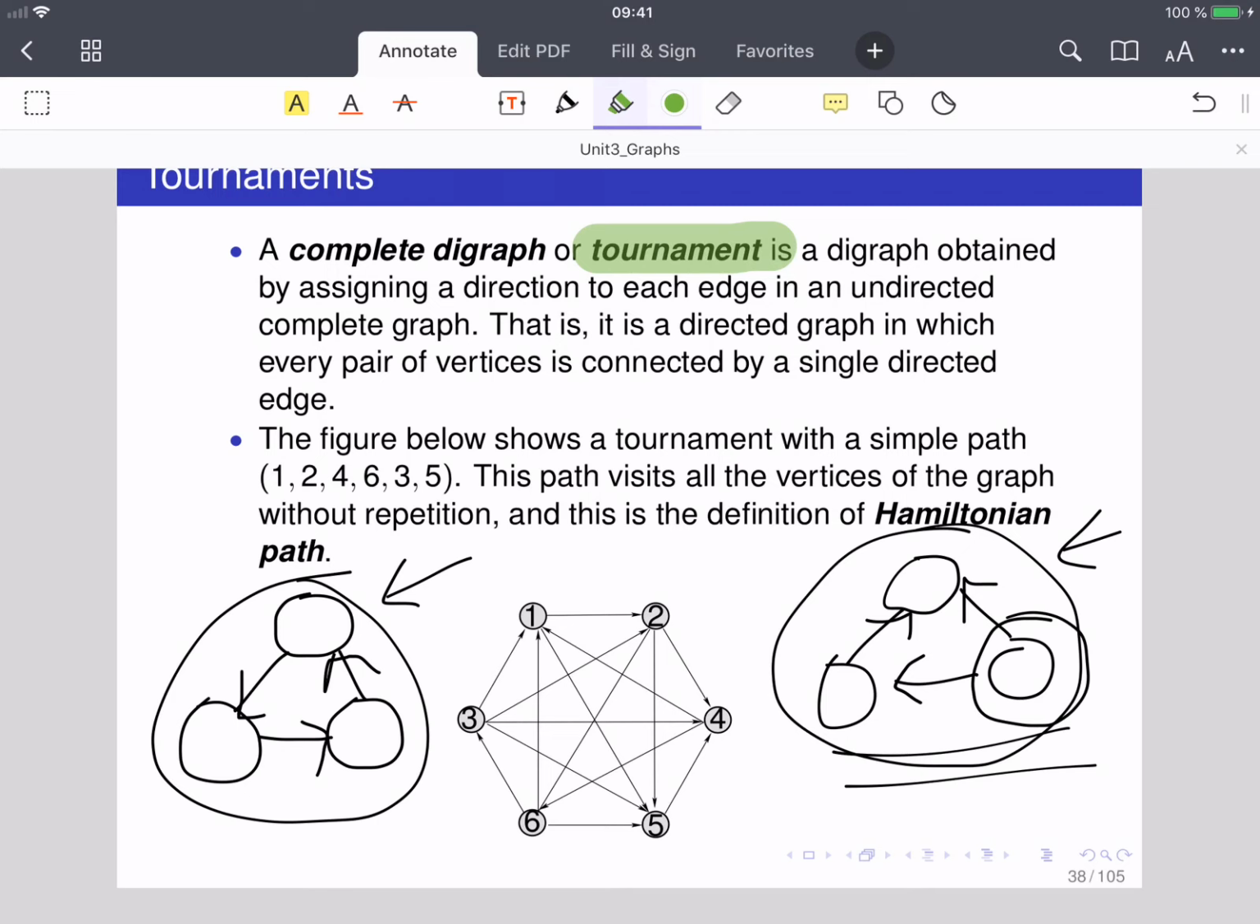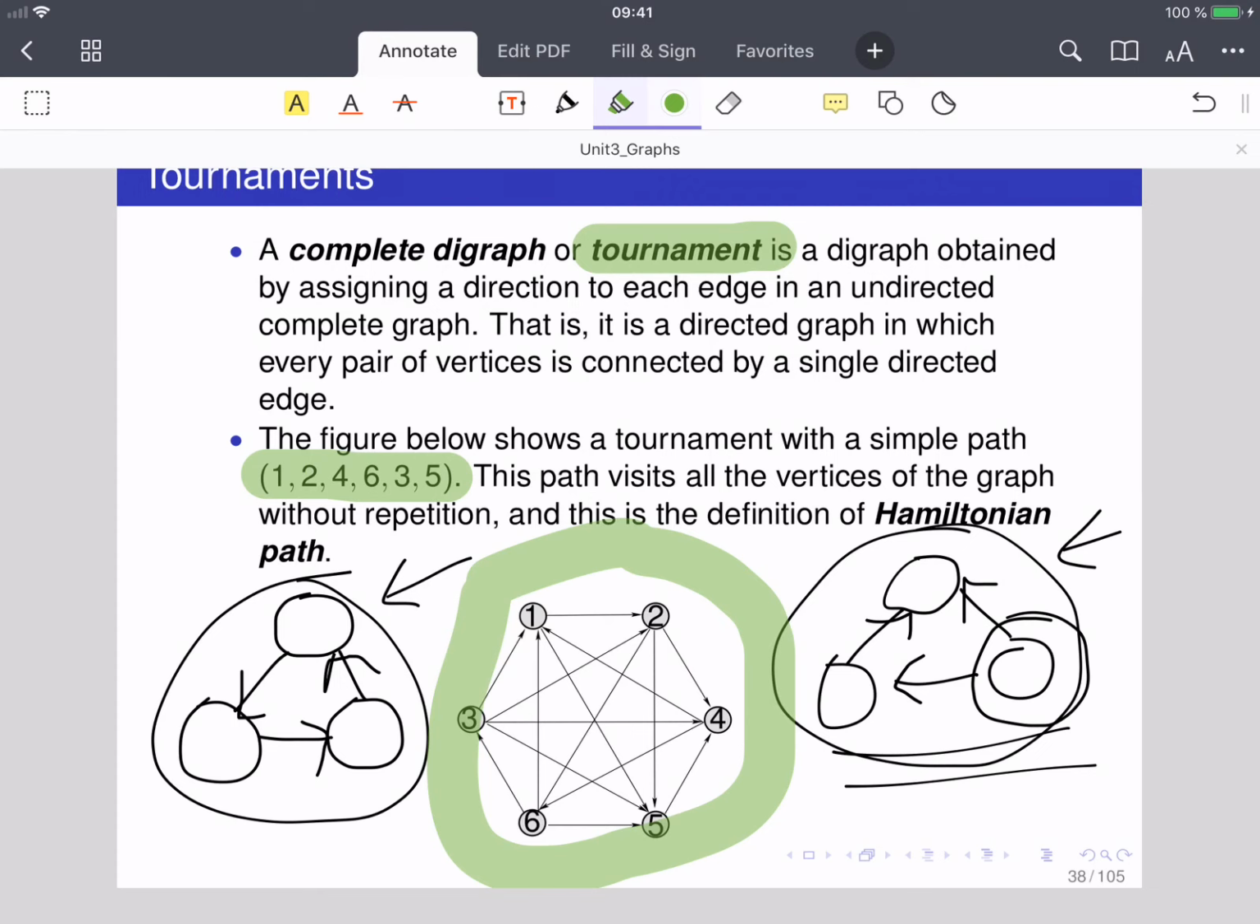these tournaments always have a type of path that is very important, that is what we call a Hamiltonian path. A Hamiltonian path, as we will study later, is a path that visits all the vertices in the graph without repetition. Okay, so for instance, in this tournament here of 6 vertices, we have this path 1, then 2, then 4, then 6, then 3, then 5, which visits all the vertices without repeating any of the